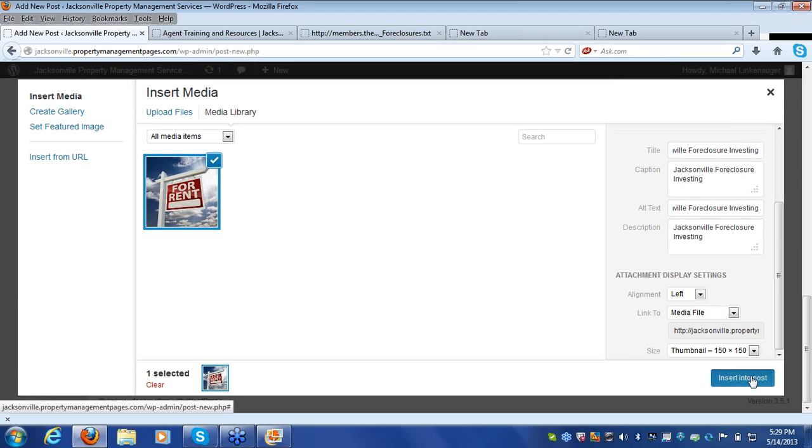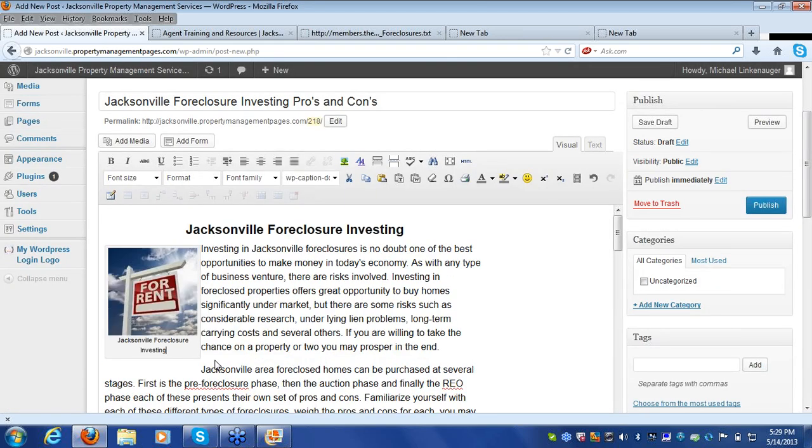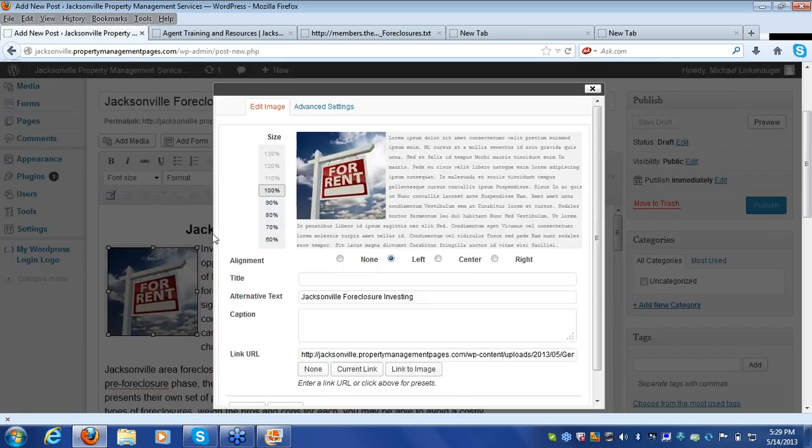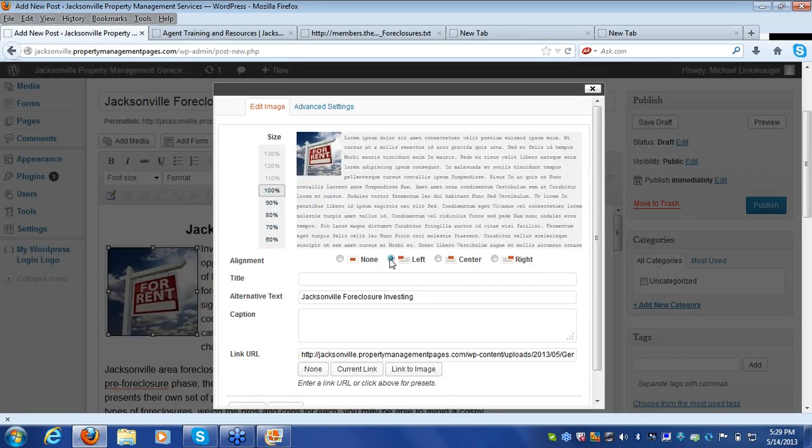Now, if it's a large enough image, we want to encourage you to add 2 pictures, okay? Actually, we can get rid of that part of it right there. Okay. There's a lot of stuff we can do to this image. If you actually ever click on the image, you can go back and edit it pretty easily. But it's real important that you have your image show up to where content wraps around the left or the